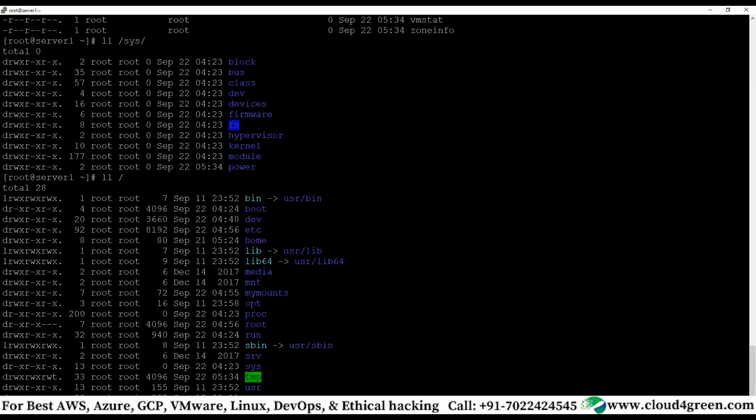Okay. So /opt, /proc, /root, /run. Run is nothing. You will see this in new systems. Whenever a software is run, you understand a lock file or a PID file? What is a lock file? When an application is running, it could create a lock so that another instance of the application doesn't run automatically, because it will check the lock file. If two instances of the application are running, they could cause problems, because they might access the same data, same file, and it could corrupt. So if a lock file exists, the other instance of the application will not run. So it's a method to ensure that corruption due to the application running twice doesn't occur.